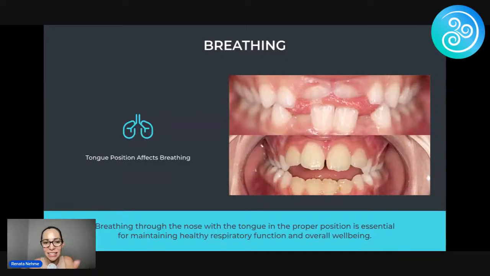So this is something easy and great for you guys to ask in your dental office. Can you smile for me? And just keep smiling and see if you can see the tongue. See if you can see the tongue in between their teeth. But yes, that one is actually not a tongue thrust. So breathing, very, very important.